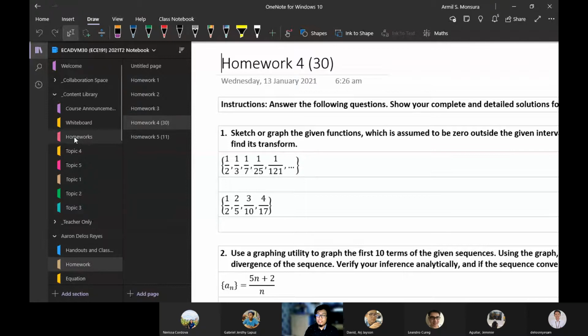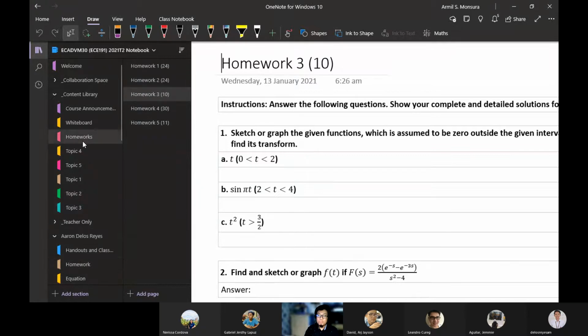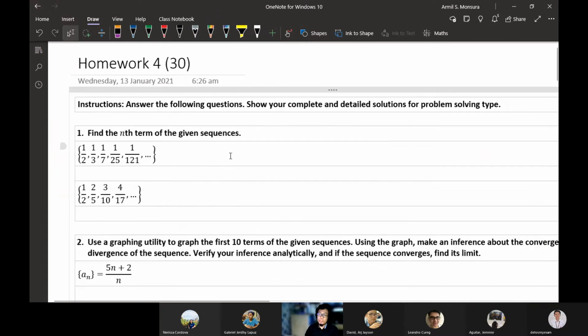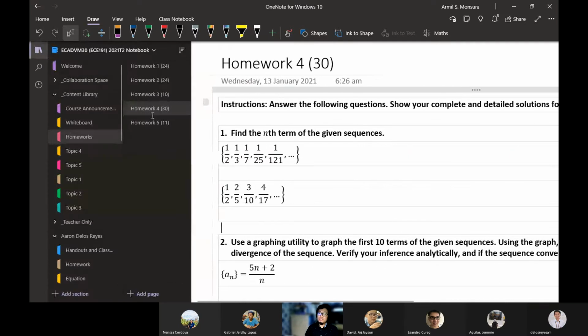If you want to check, you can check it out here in the homeworks under the content library. You have copies of the homework there from 1 to 5. So this is homework 4, okay? This is the question. You just need to find the end term of the given sequences. That's what you will do for that. This one is still wrong. They should contain that. Ayan. So, that's another correction. Later we'll update it. So, these are the questions for homework 4. Okay. Number 1. Number 2,